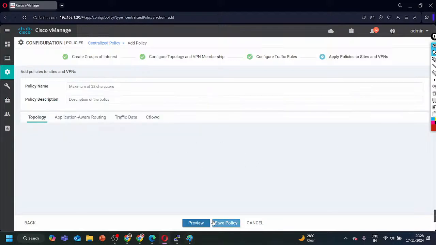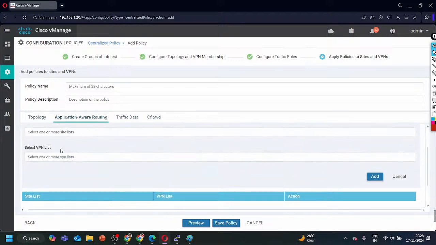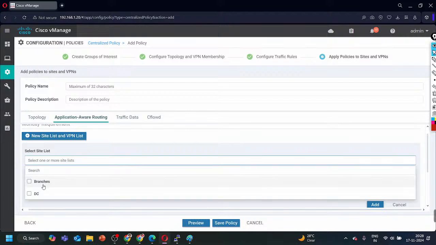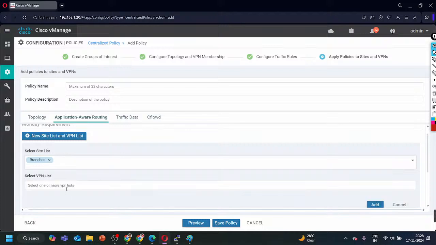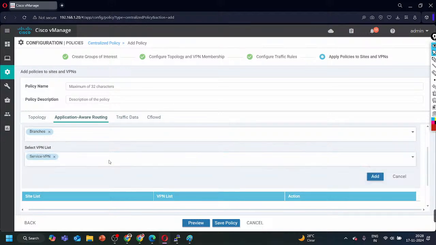Fine. Then click next, and here we can add the new site list or VPN list. Site list and VPN list is only for which site you want to apply this policy, or for which VPN you want to configure this policy. That's it, right? So earlier, in the older version, there was an option to not select as well, right? Like if you did not select the VPN or site list, it would be for all the sites and all the VPNs. But in this version, I am not able to see that option, right? It's saying it's a must to add the VPN. So I have added,